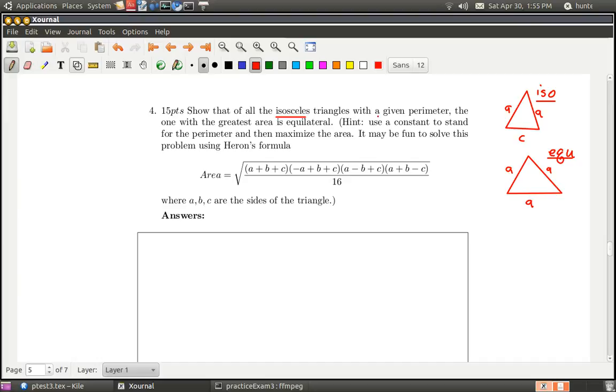Alright, so this is an optimization problem. And remember how these usually go. You have two variables, and then you use a constraint equation to get it down to just one, and then you just find the maximum of some function. Okay, so the constraint here, what constrains us,